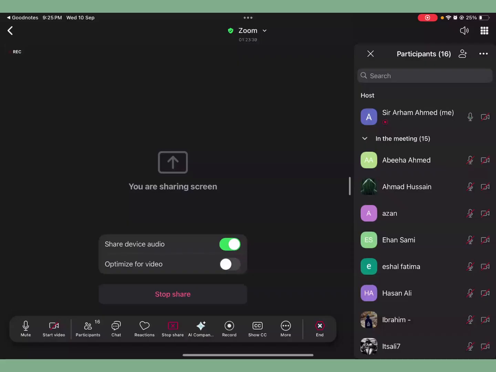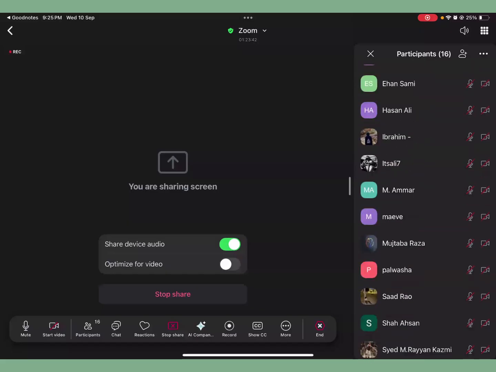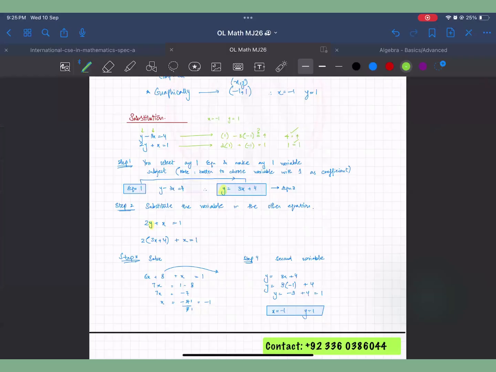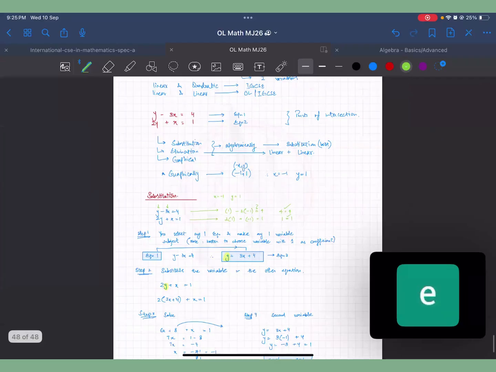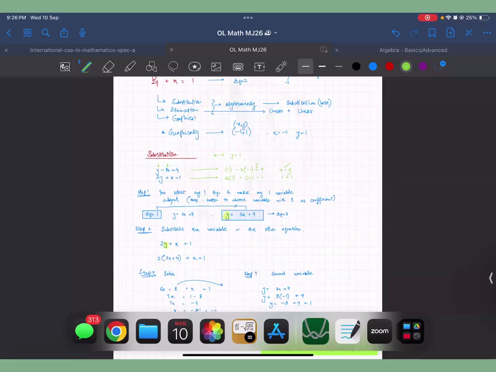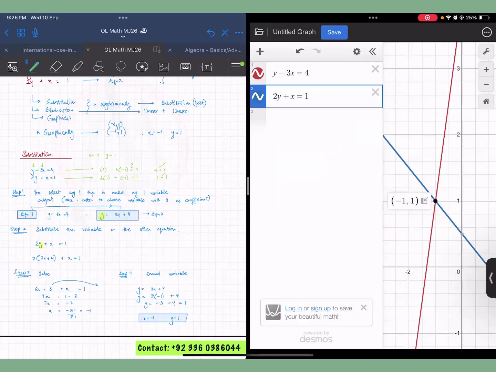और कौन है बच्चा? Ishal understood, good. Azan, Abiha, ग्राफ वाले की समझ नहीं आई. हाँ अभी बता दो. ग्राफ वाला मैंने just shown you to make you understand how you solve it graphically: when you draw the graph of both of these equations on the same page, they would intersect, and the point of intersection would be the same solution as the one you are getting using substitution. तो अगर आप इसका ग्राफ बना के भी देखोगे, जहां पे इंटरसेक्ट करोगे, you will get the same answer. Look, आंसर क्या आ रहा है? x की वैल्यू -1 और y की वैल्यू 1.